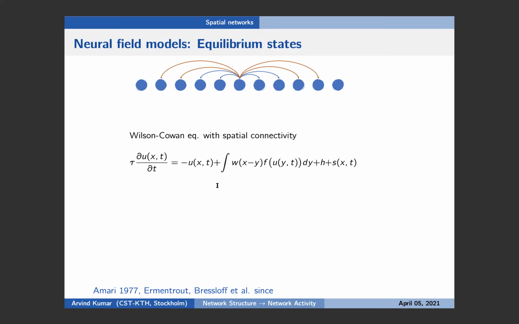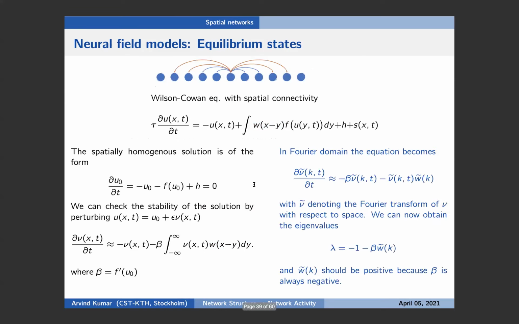And this is something we can write down as a neural field equation, where we can describe the activity of a neuron at some location x as a function of time. And the key variable here, of course, is the connectivity kernel, which tells us in what way the connectivity depends on the distance between neurons. Now, we can solve these PDEs in restricted conditions. For instance, we can talk about what will happen to the stationary state if we perturb it locally.